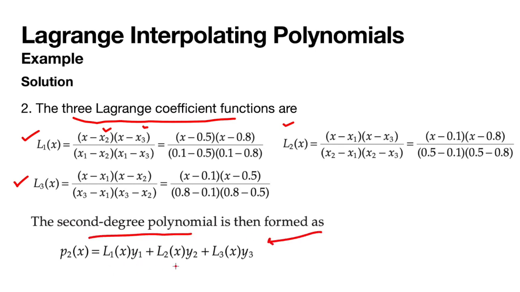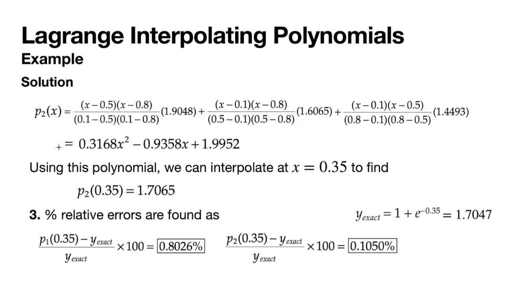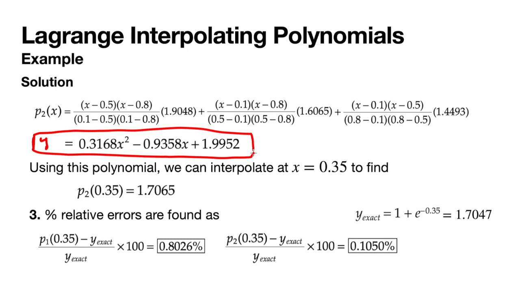When we put these values, we will get this expression. This is the quadratic equation passing through these 3 points. Now we will put 0.35 in place of x here, and we get the value